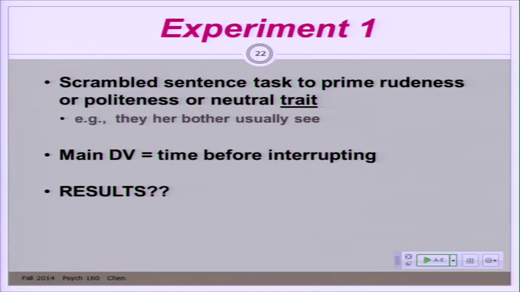because some of the participants didn't ever interrupt, okay, and they had to put a time limit on it, okay? I can't remember the time limit, 6 minutes or 12 minutes or something like that. But before that time limit, I believe there were more participants in the rudeness condition who interrupted, and for a greater percentage of people the time it took for them to interrupt was shorter than the time it took participants in the other conditions.